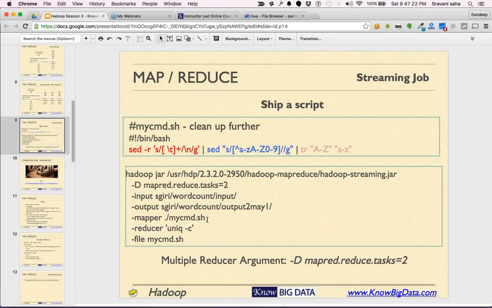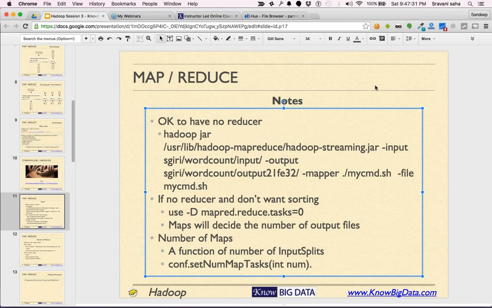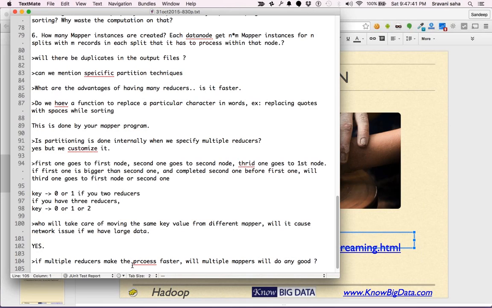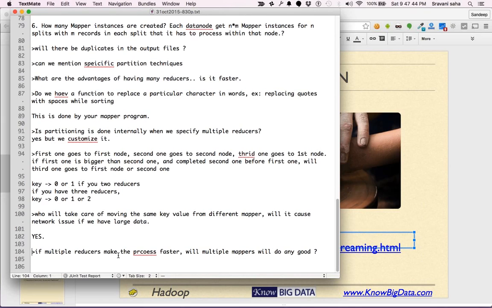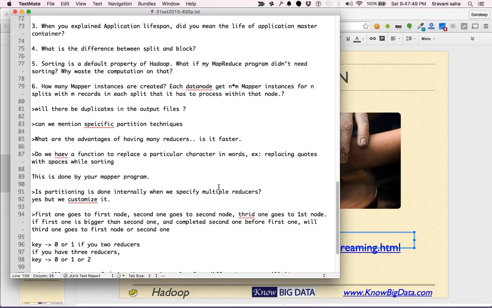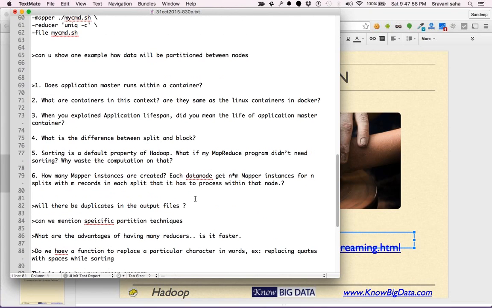Okay, coming back to it. All right, so this is pretty much it. There are a few more questions which are yet to be answered. Let me finish those. We will come back to how many mappers and how many reducers again. There is a full page which we want to discuss. Here is something. Yeah. All right, if people can help me answering this, it'll be great.